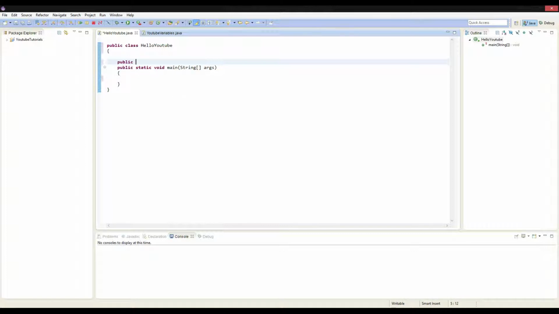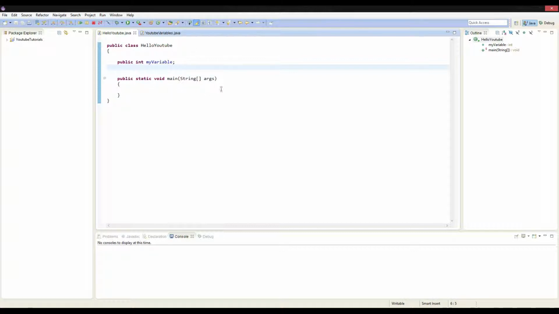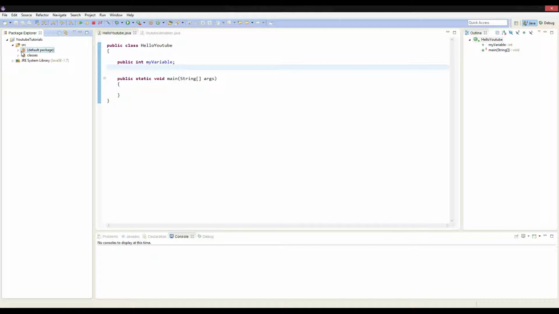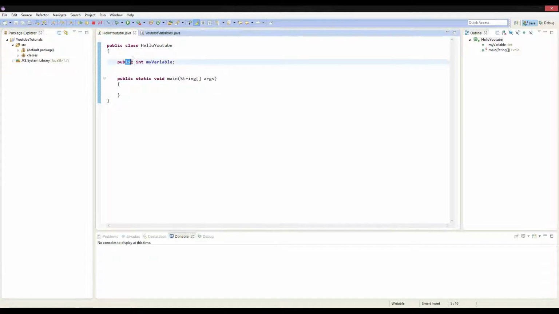Now what this is saying is that this variable is visible to any other classes. It's available to any other classes, any other package, and any other project that you may have. But they would have to instantiate an object of the class hello YouTube for it to work. Now if you don't want them to instantiate an object of hello YouTube, what you can do is